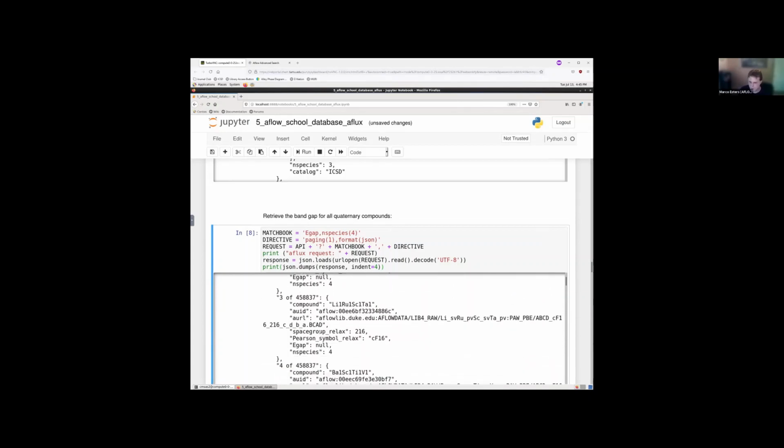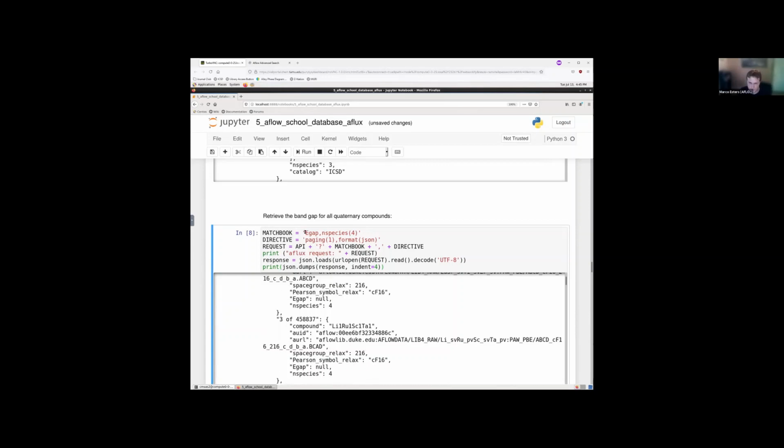That means that we don't have a band gap calculated for this entry. We don't have band structure calculations for every single entry we have in the database because they're not cheap. But AFLUX will interpret this matchbook entry egap as